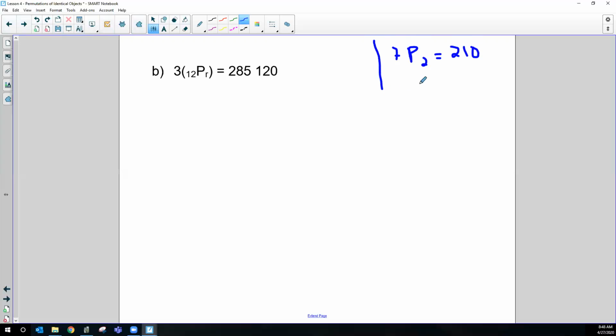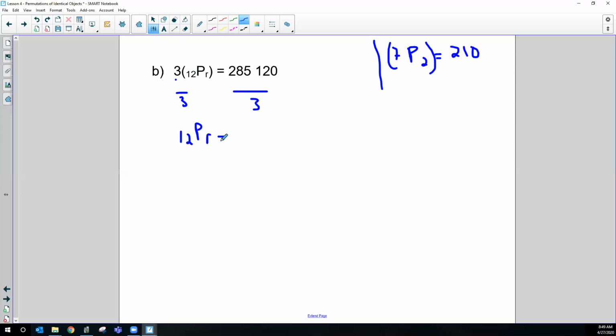I was able to change it into the formula right away because there was no number in front of it. You always have to have the permutation by itself so you can switch it. The problem here is that you have a 3. So just to start, make sure the permutation is by itself. Once you divide by 3,